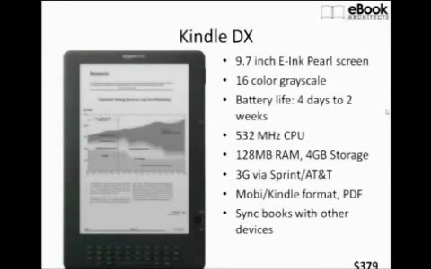It's a very easy way to read large screen content like that. Or if you just need a bigger screen so you can have more text on it. It's definitely a good device to have.